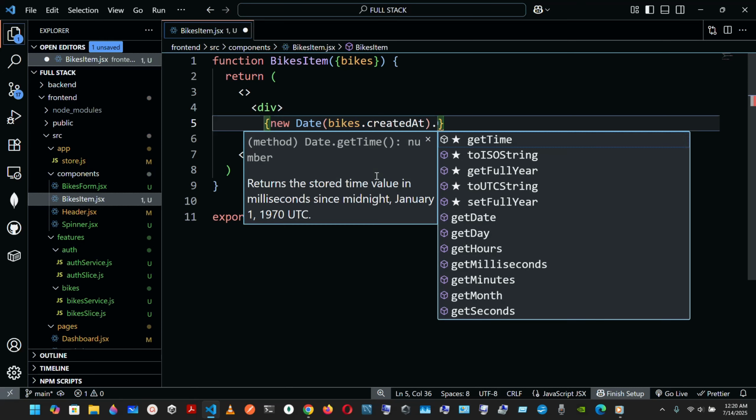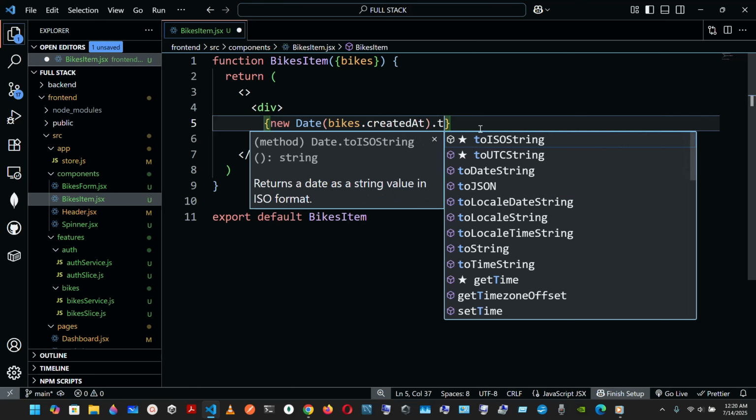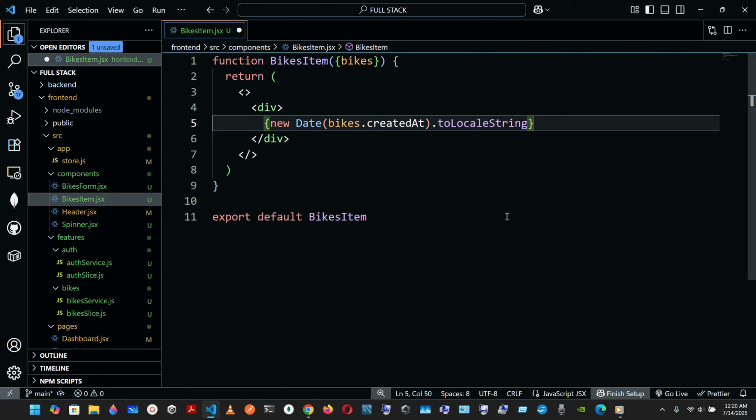Okay, after the parentheses, I have toLocaleString,